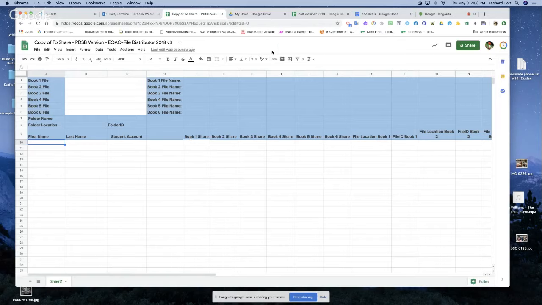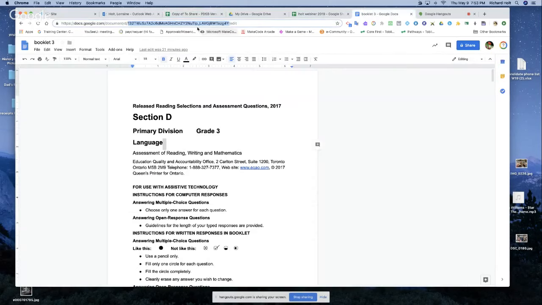Google sometimes takes a while. I'm going to click in here, press Control-V, and there we go. All of my students that were in my last Google Sheet are now copied and pasted into this Google Sheet, and I can go back and practice again by putting in this code